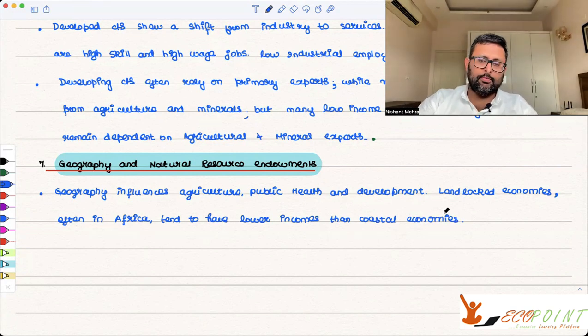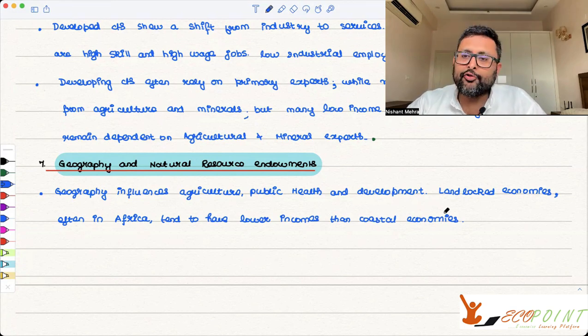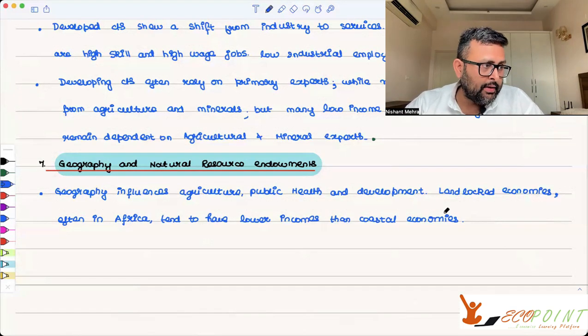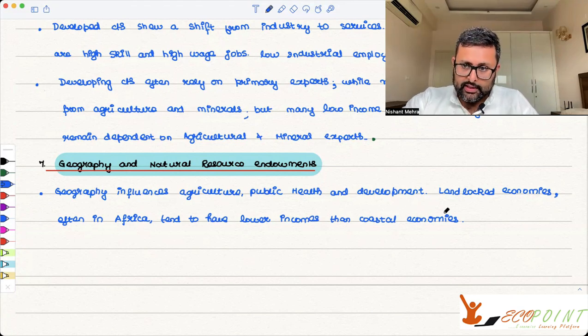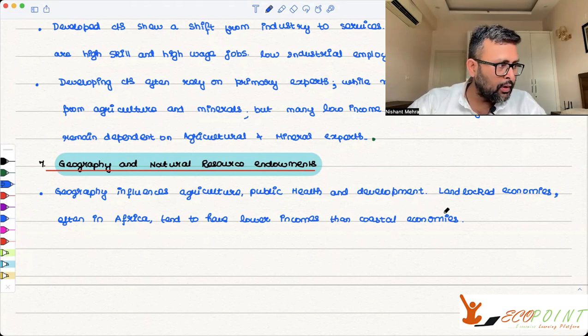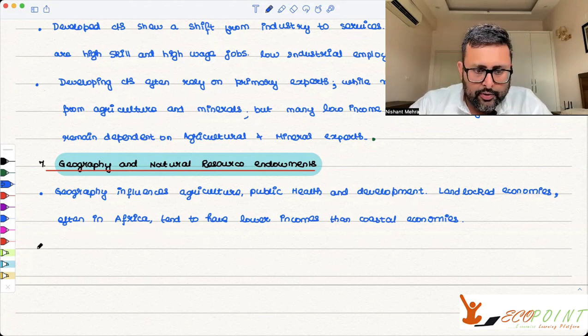If you look at developing countries, they may be tropical or subtropical. And in these economies, there tend to be more cases of malaria. There are water constraints. Sometimes there are heat constraints, heat extremes. So all of that can also affect public health. So these are the examples of how geography can influence public health, how geography can influence development, how geography can influence agriculture, right? Developing countries